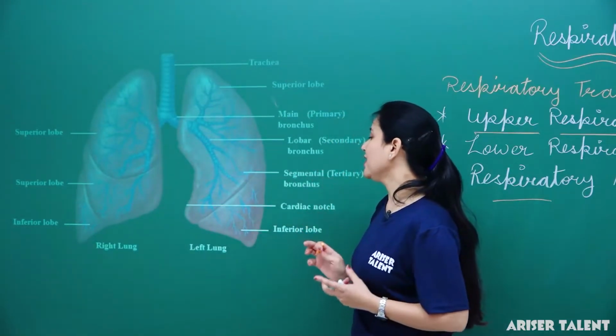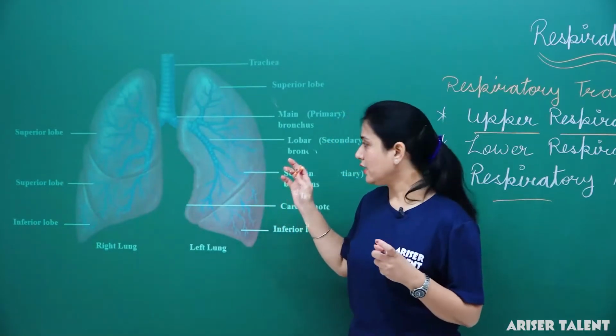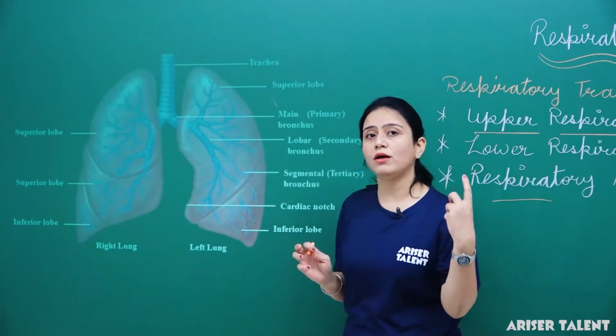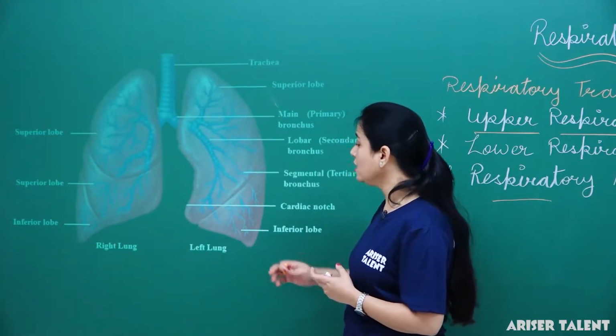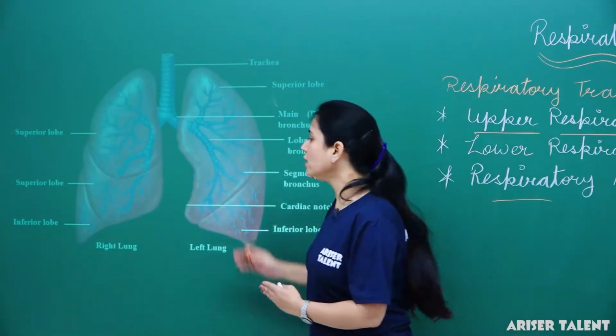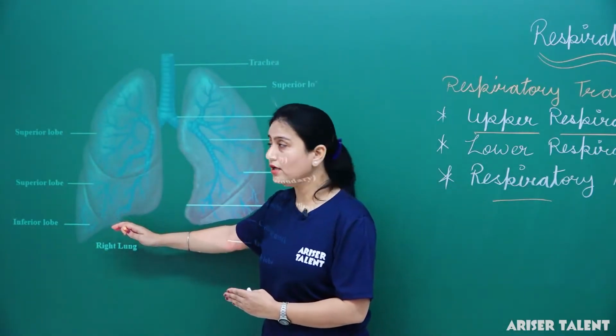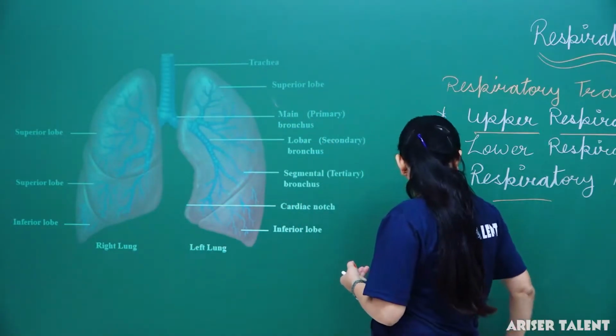Here we can say that a spongy, bag-like structure is the lung, or we have a pair of lungs which are spongy and bag-like structures. The left lung has only two lobes and it is smaller than the right lung. Clear? So it is all about the structure of the lung. Come back to the